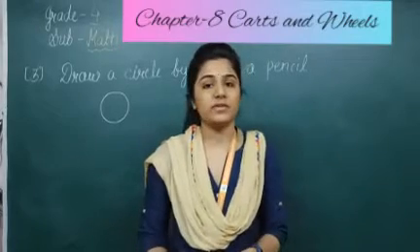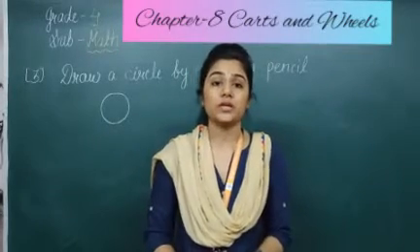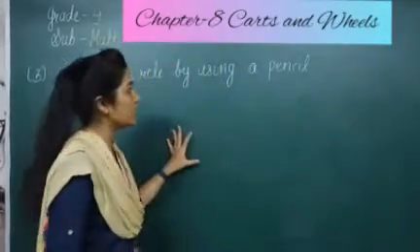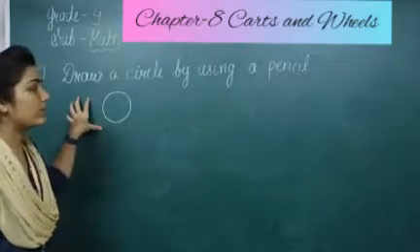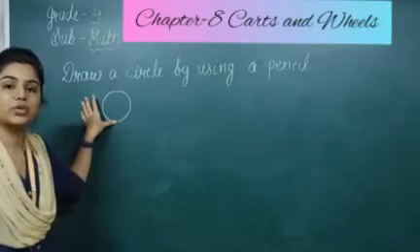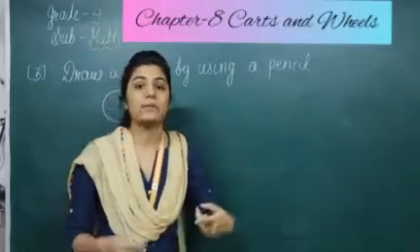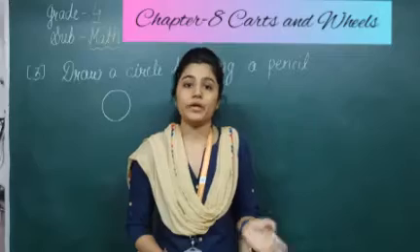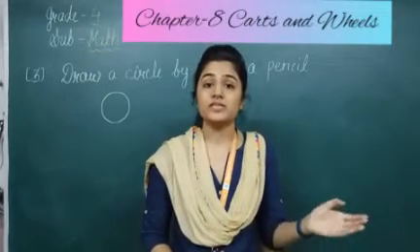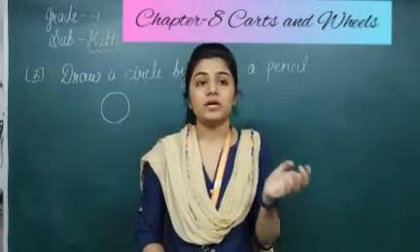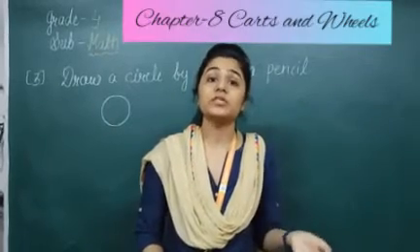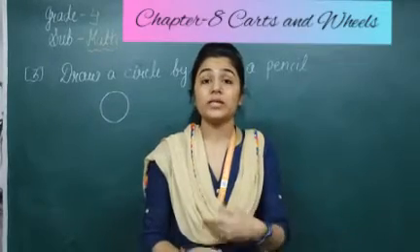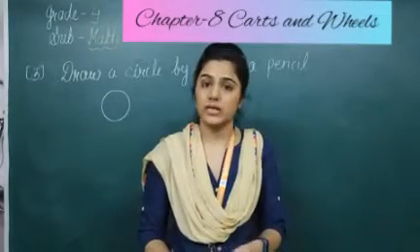Now in the next video I will show you how to draw the circle with the help of a compass with perfect measurement. So in this video what we have seen is how, with the help of different equipment, we can draw the circle: with the help of a pencil, a coin, a bangle, right? And in this chapter in your book different sizes of bangles are given. Means if we are talking about the bangle's shape, then your size and your mother's bangle size are different.